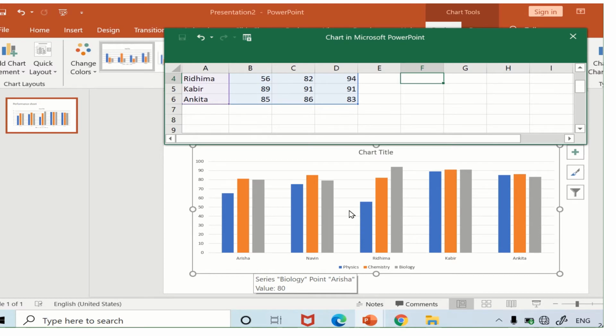From this you can easily understand that Kabir is getting maximum in all the subjects. So without looking at the data, also from the chart we can see that Kabir is the highest in all the subjects mostly, whereas individually Riddhima is getting highest in biology, and so on. Like with the help of chart also we can understand who is getting the highest, which range and all. So this is how we use chart.